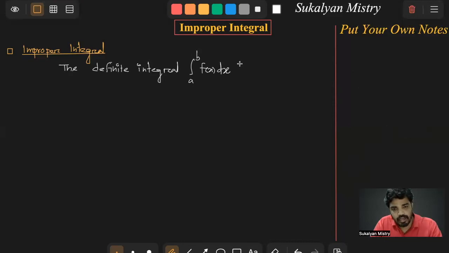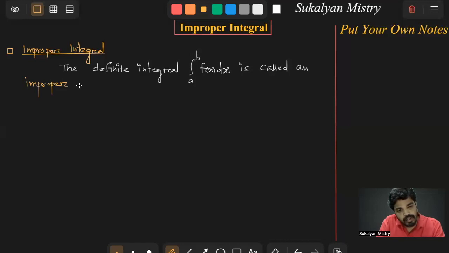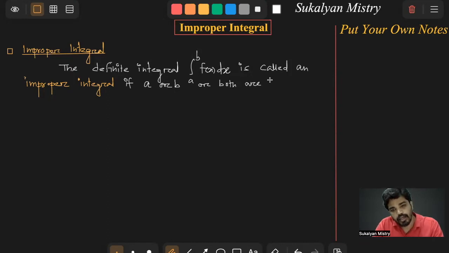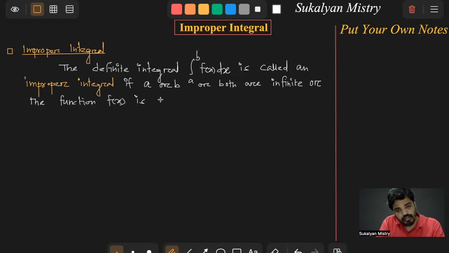This is called an improper integral if a or b or both are infinite, or the function f(x) is unbounded. Just see,